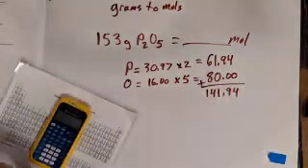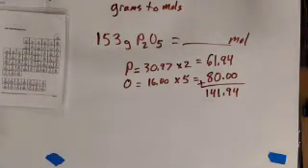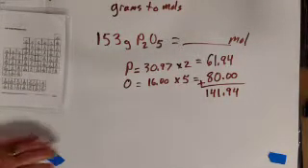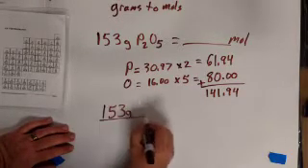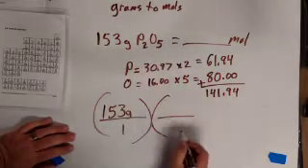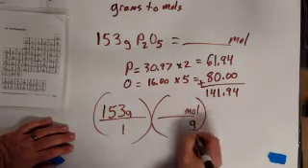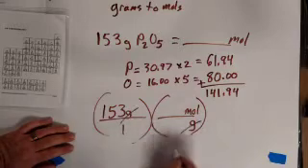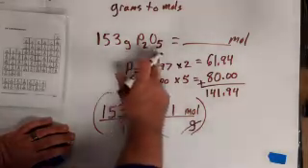Okay? Now, that's the first part. That's like the background calculations. We still have to answer the actual question. So we know that we have 153 grams of diphosphorus pentoxide. We need to convert that to moles. So we want moles on top, grams on the bottom. Grams cancel out. 1 mole of diphosphorus pentoxide is